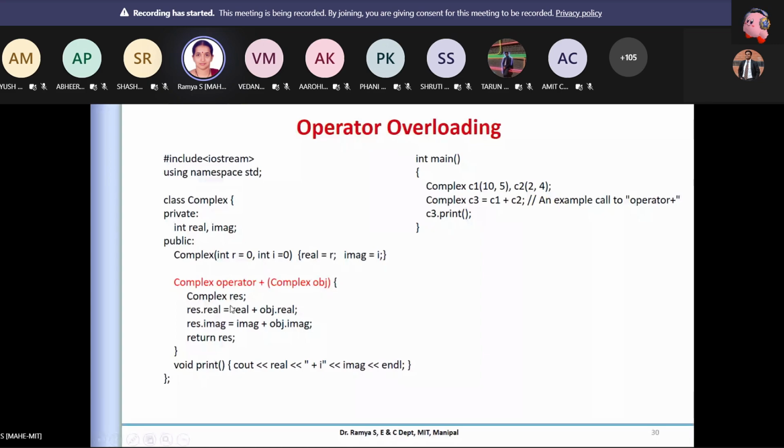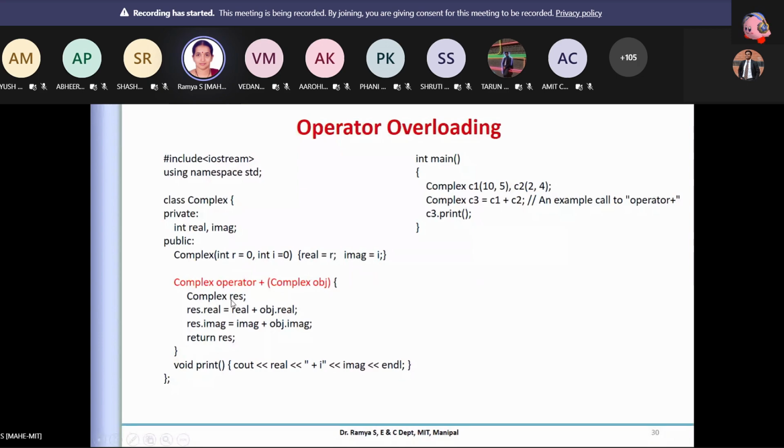Now observe complex res. I'm creating an object holder here. Do you agree? Once I come out of this function, I'm releasing this, correct? So this is where you are creating your default constructor.